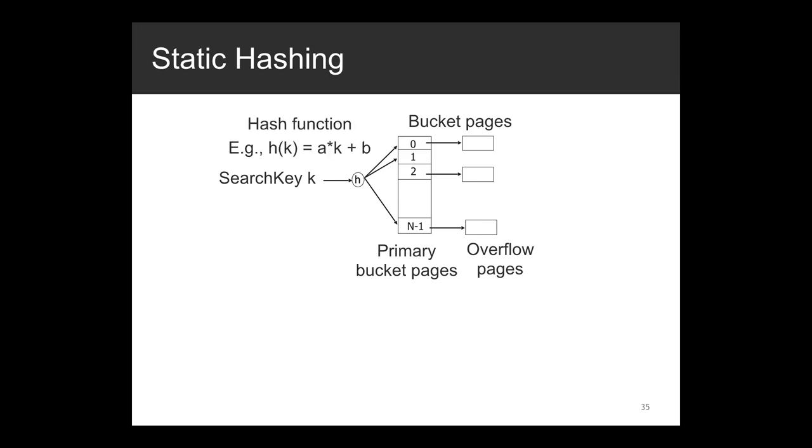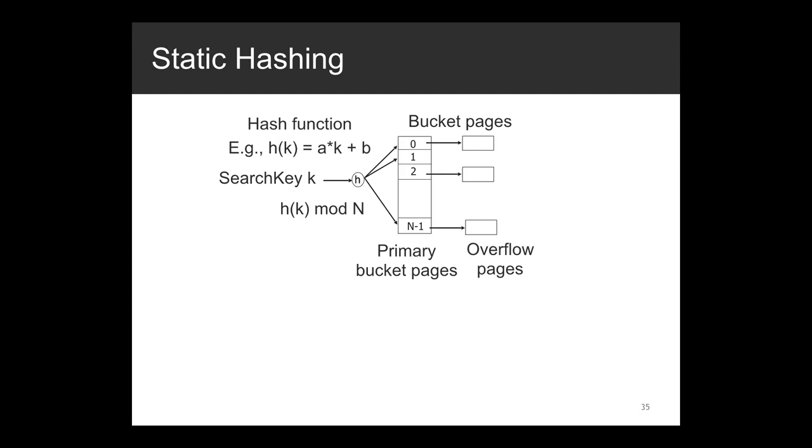an arithmetic function of this form. Say k is an integer, then you get one of these primary bucket pages. If not enough slots are available there, you go to the overflow pages. Because n is a fixed parameter in the static hash, you have to take h(k) mod n, and if multiple of these search keys collide onto the same bucket, you have to fit them onto the overflow pages for the